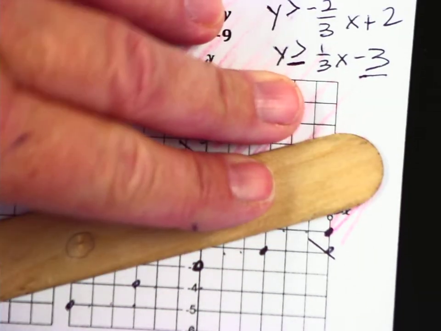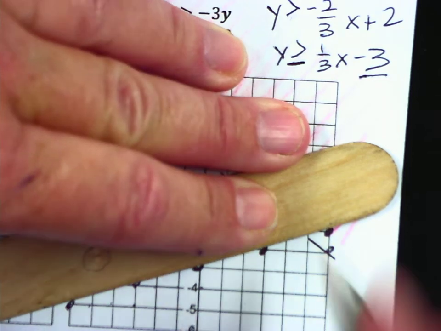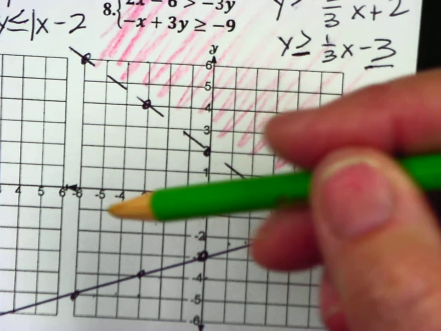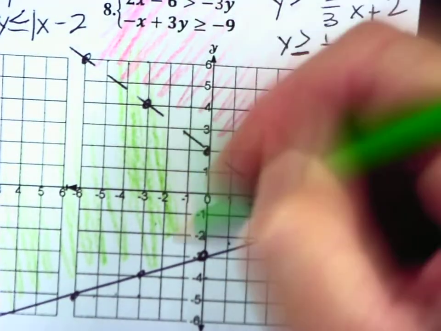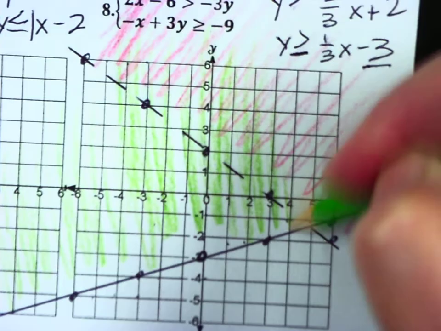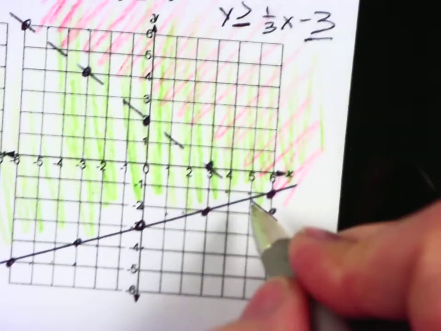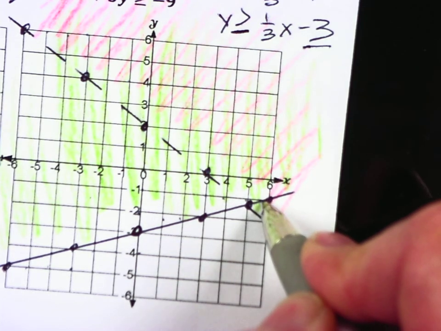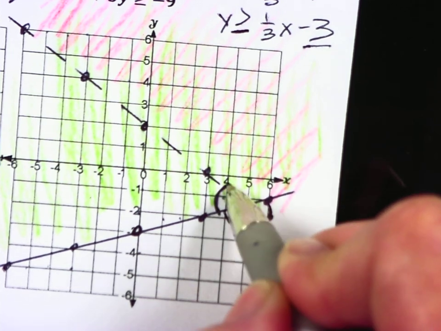And greater than is above the line. Shade generously. Okay, here's my point of intersection. There's no shading here, single shading here, single shading here,